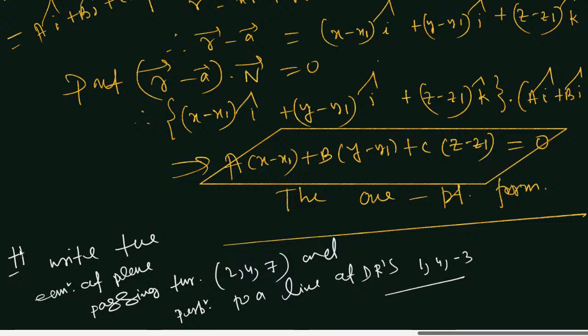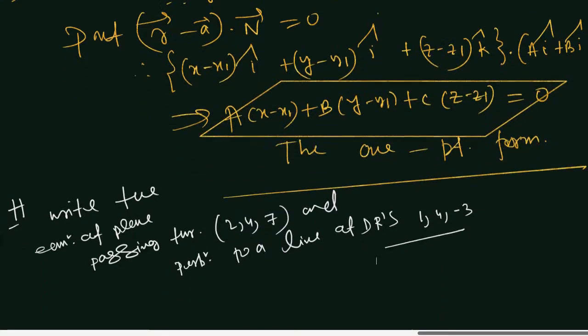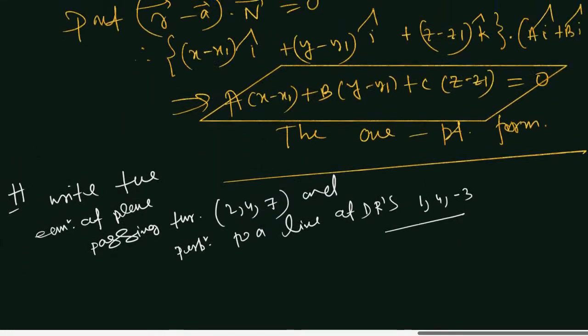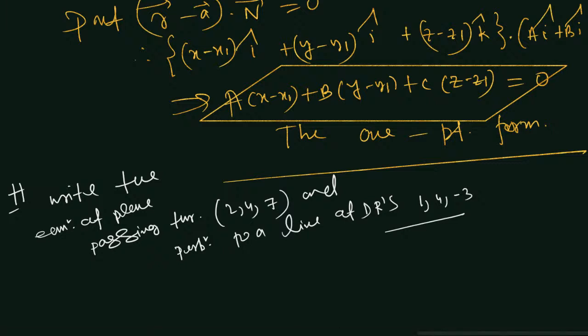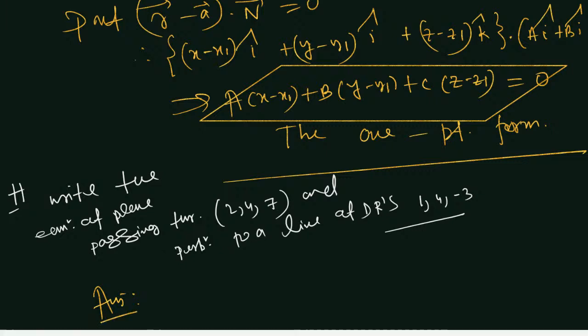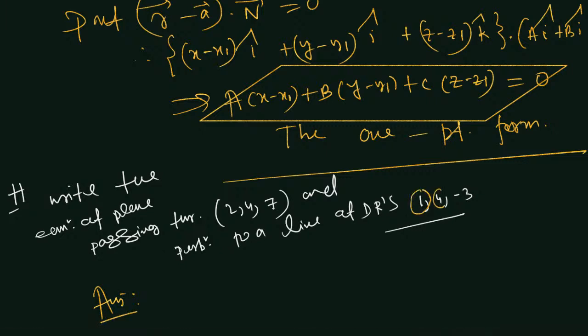Question is this. Write the equation of plane passing through (2, 4, 7) and perpendicular to a line of direction ratios 1, 4, minus. So we will be going by this form. Direct answer. How? They have given A, B, C and x1, y1, z1. So required equation is